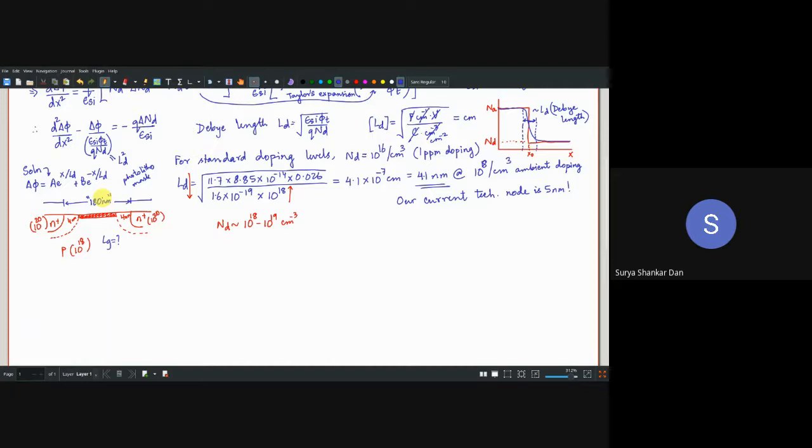Now, you can ask your ICFT professors, Parikshit sir, this is called pitch length. The pitch length is the length of the smallest perforation in the technology node which you can make on the mask. So this is your mask.